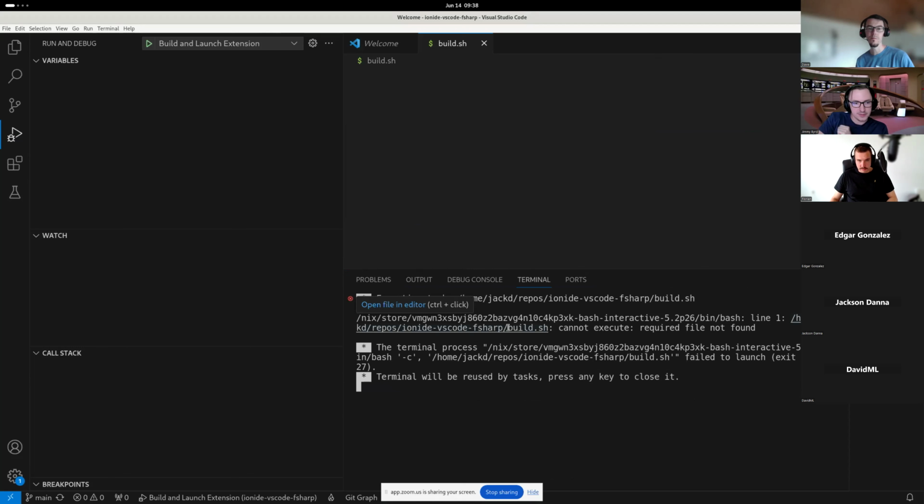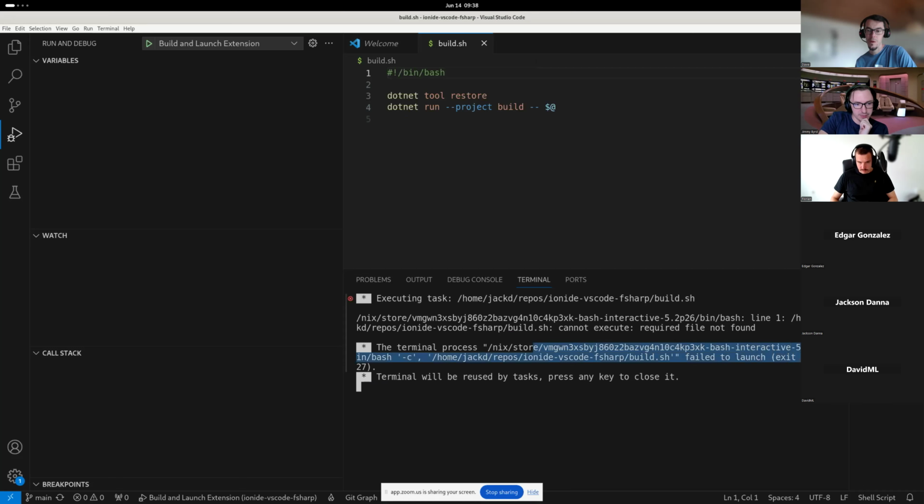It might be that you're on some type of Linux. Yeah. And you know what it is? Ah, I see what it is. No, that should be fine. It's totally there. Oh no, it's this right here. Because this is right now the terminal process. Yeah, because I'm using Nix, I'm using NixOS, and so right now it's looking for the bash in my Nix store.